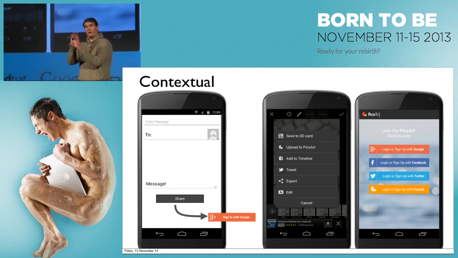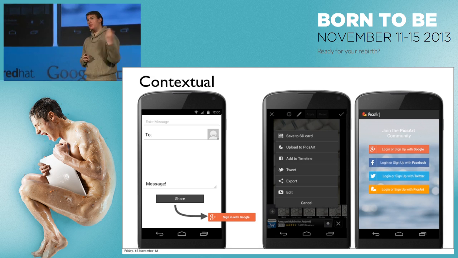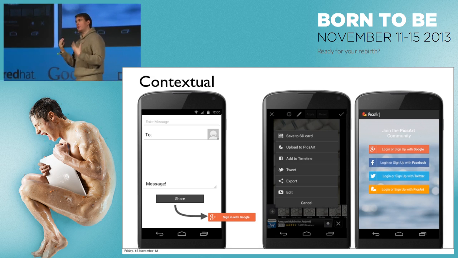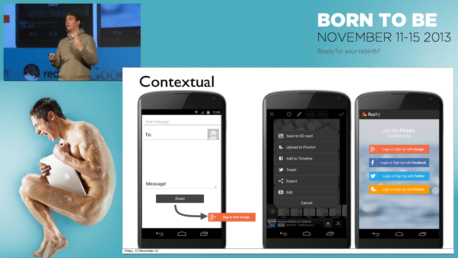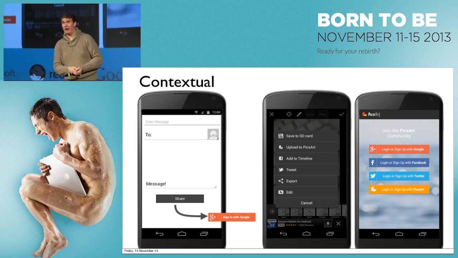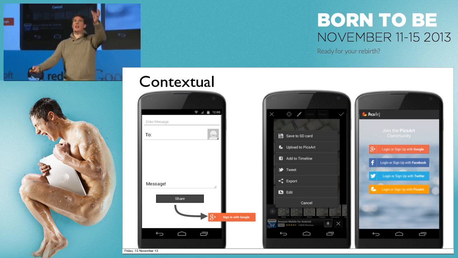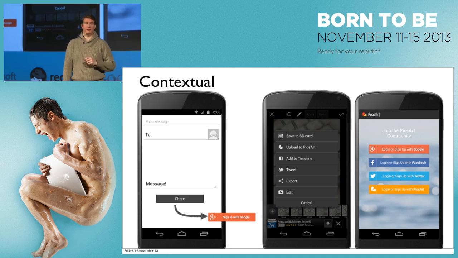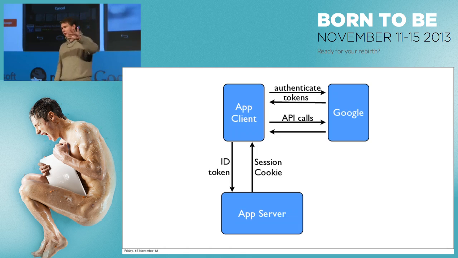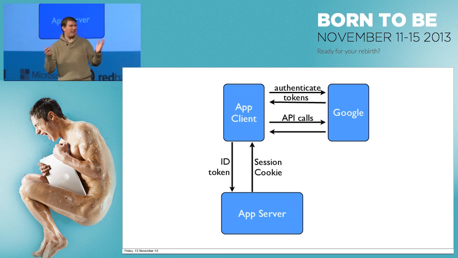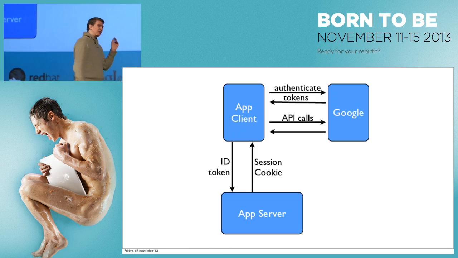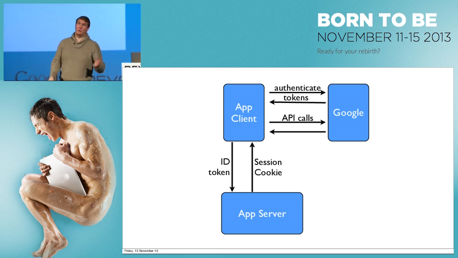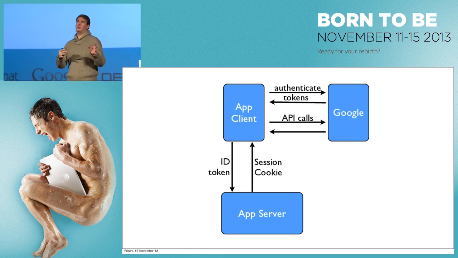So that's the 4 main options for putting the sign-in button up. But once the user has signed in, most of us these days are using some kind of client and server environment. We have our own APIs which are feeding application-specific data back to our app. And so we need to share that identity to our server. There are 2 primary ways of doing this. It varies a bit. There's a third, but the 2 primary ways of doing this with Google+ sign-in are using an ID token and using a code. And my preferred option is using the ID token.